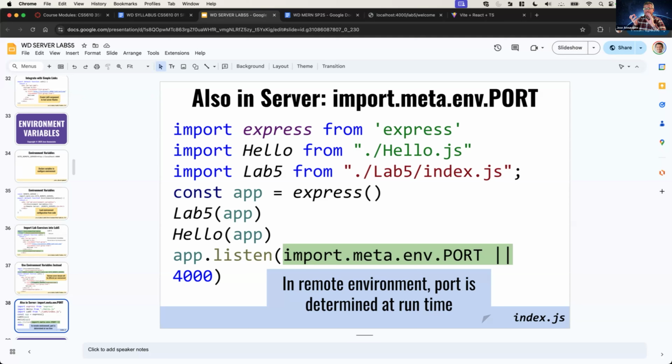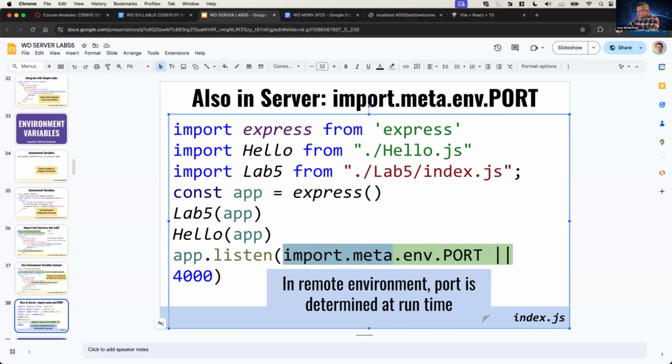That port number is determined at runtime. When the server starts up, it'll look up an environment variable called port. So what we're going to do is that in our index file,